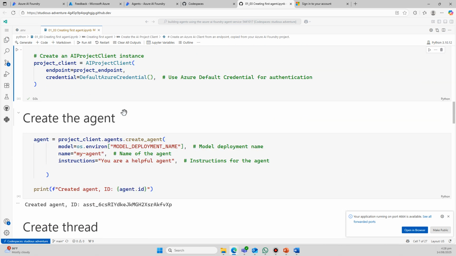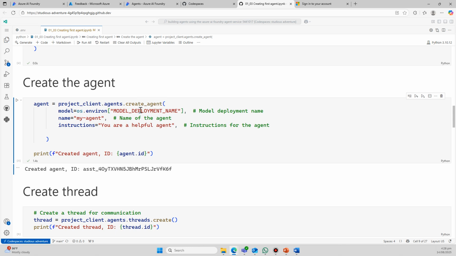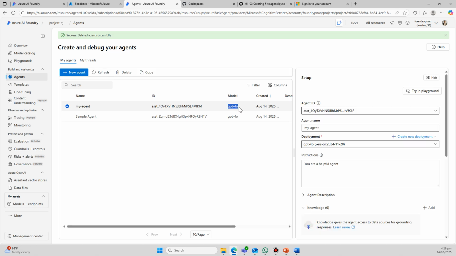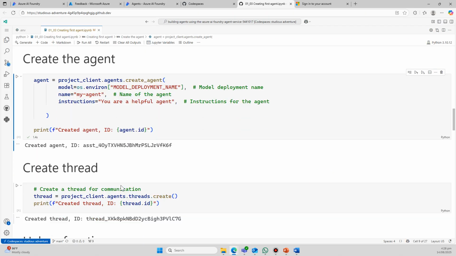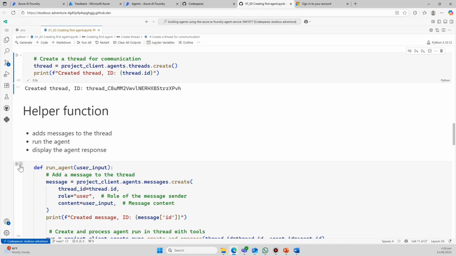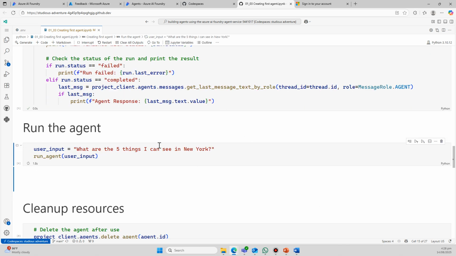Create our project client. We create our agent. And let's check the portal again. You can see the agent created, and then hopefully this model is now correct. We now create a thread. We specify our helper function. And we can now run the agent.